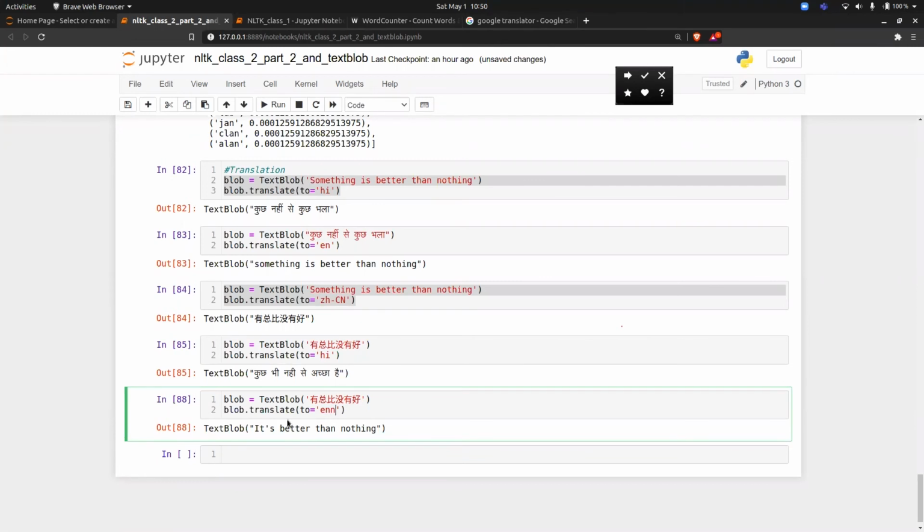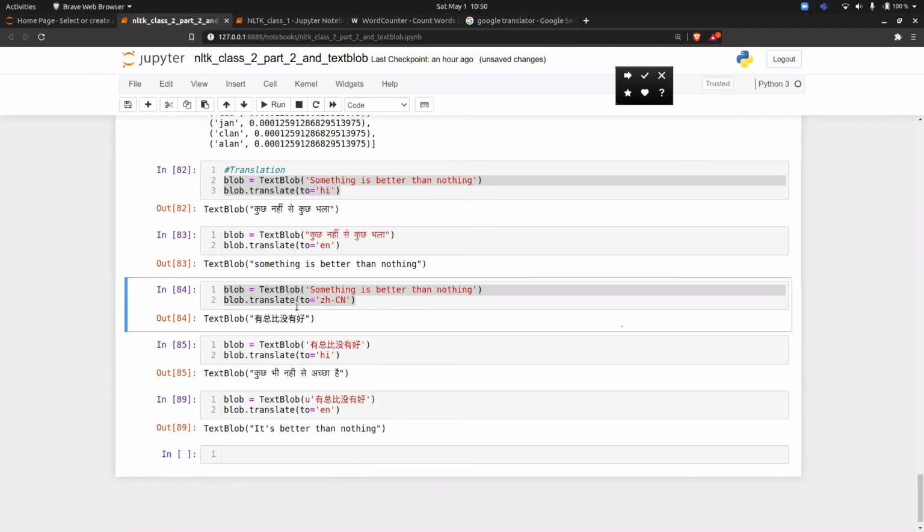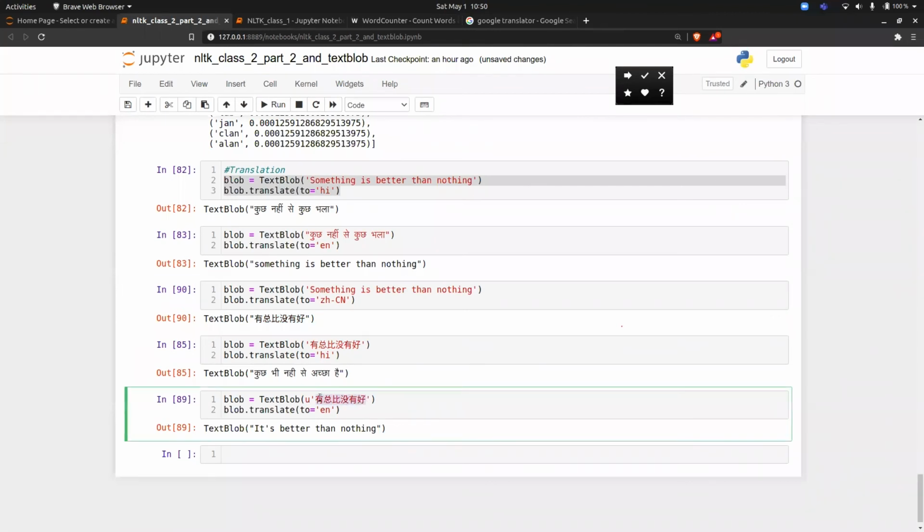Sorry. Convert that text to Hindi. Let's try with you. Okay, it's better than nothing. The text is "something is better than nothing." Is Chinese this? If we try to copy and paste, okay, it's not working somehow, but in Google Translate it's working. So I think they have given us a cheap API to work with. That's the only thing I can say.